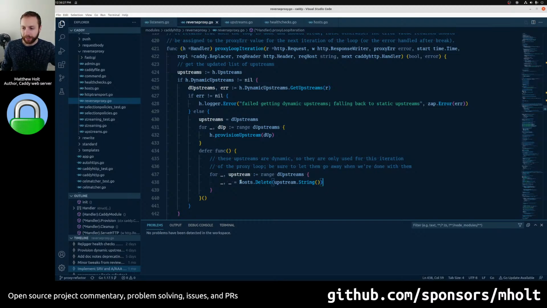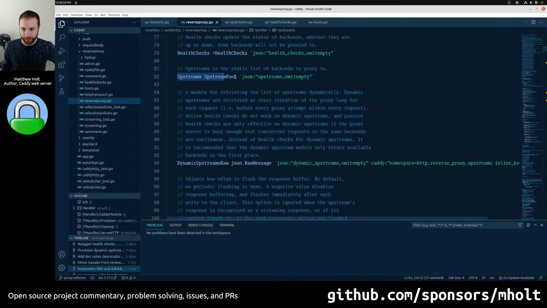So one way to do that is to actually specify your possible dynamic upstreams as static upstreams in your config directly up here, just like you do currently. And then the passive health check state can persist. But active health checks wouldn't work. Your passive health check state would persist though. It's kind of weird. I don't know why you'd want passive health checking if you're already getting the list of upstreams dynamically. But anyways,